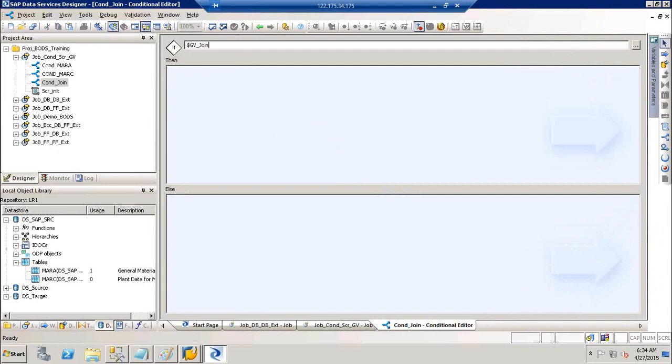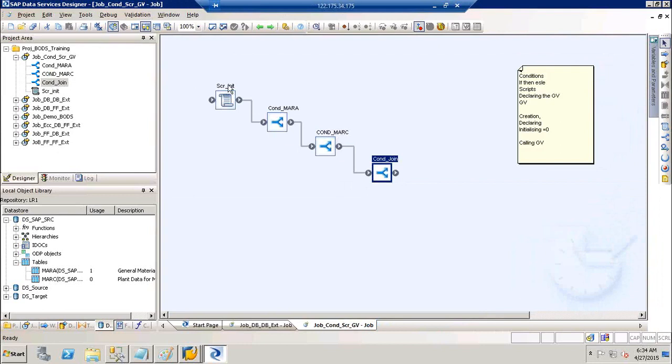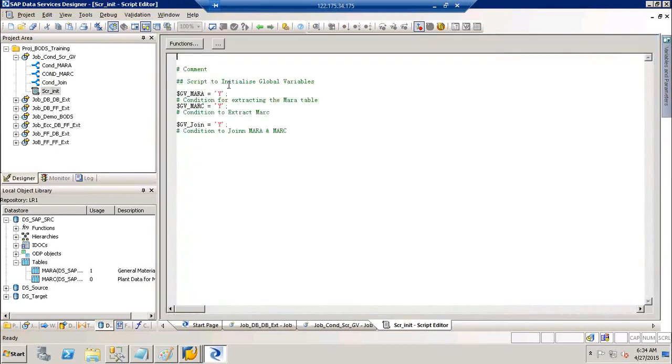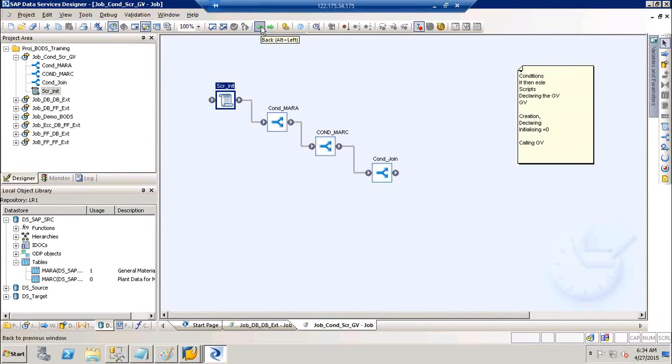$GV underscore John. So different types of global variables that we have, we use for defining the inbound directory path, outbound directory path, dates, timestamps, file names. So you can use these global variables for various purposes, right? As you proceed, wherever you feel that you can use a global variable, use that, because the reason why we